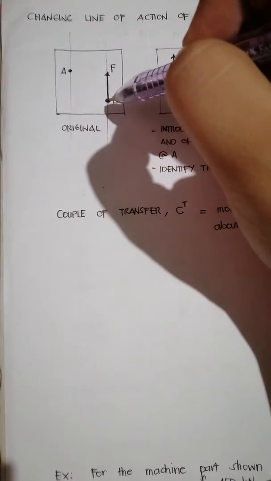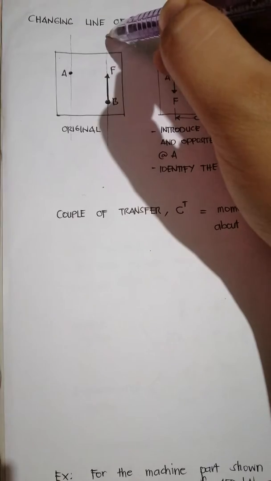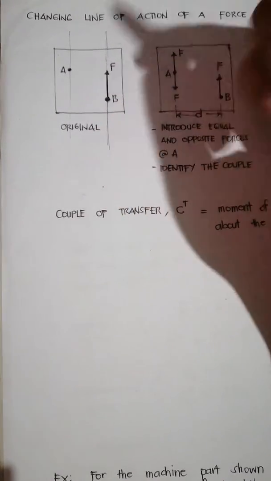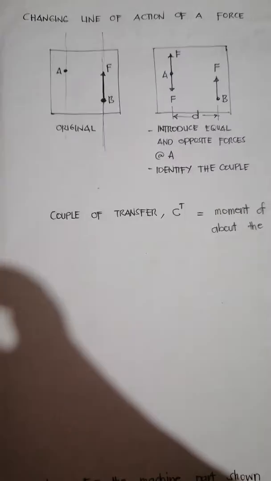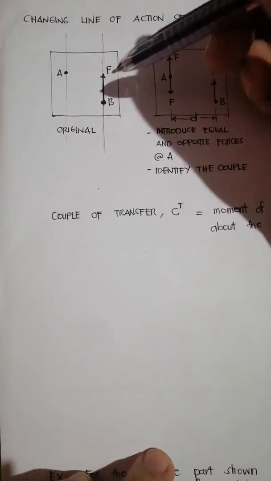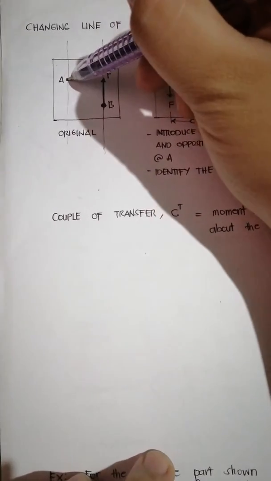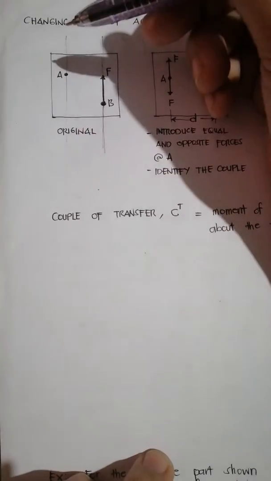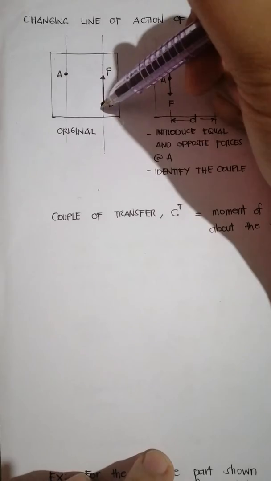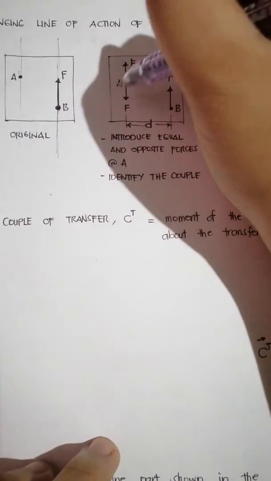So for example here, we have an original force wherein its line of action is this one, and one of its points is point B, and then we could actually transfer this line of action to this point A. Okay, so for us to be able to transfer this force from point B to point A, we will just simply